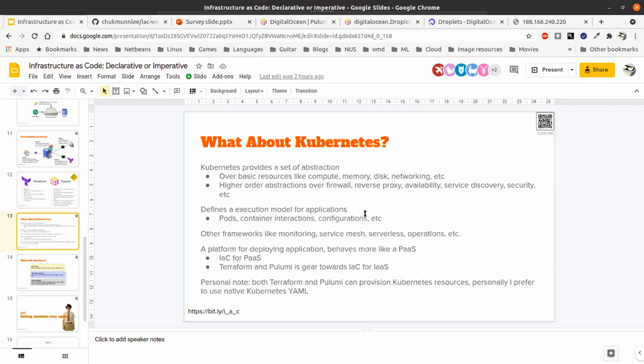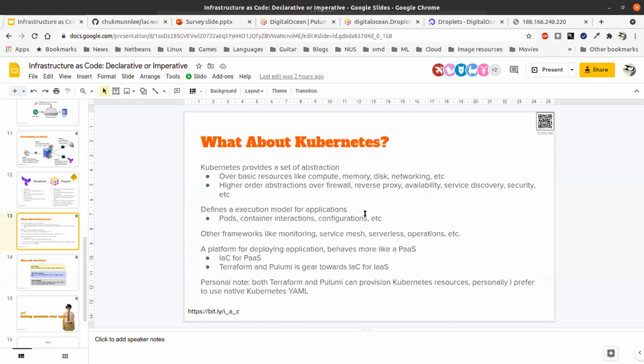Also, Kubernetes is slightly different in that it defines an execution model for applications. When you're using Kubernetes, you're not so much worried about what the servers are or how many CPUs, etc. You're more concerned with the applications.